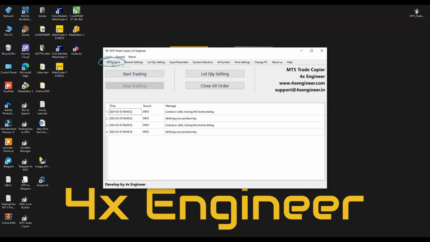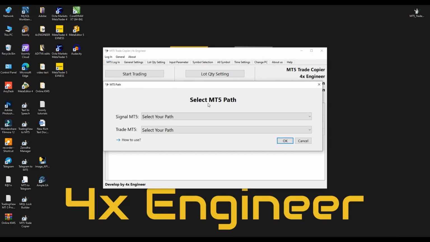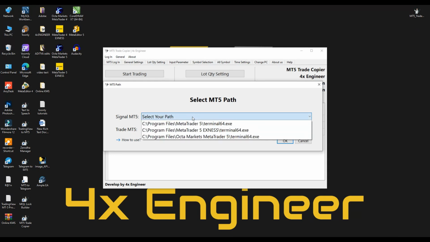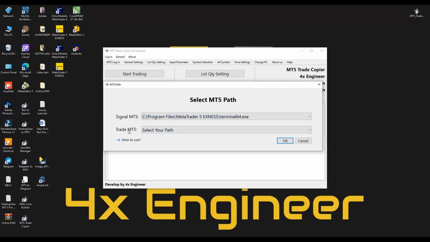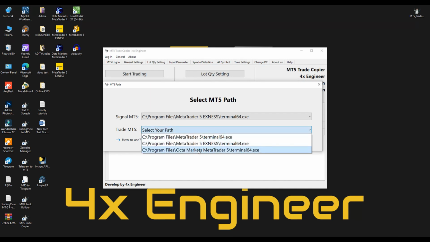Here we are seeing the option for MetaTrader 5 Login. As you can see, in this dialog window, we are presented with two options. The first one is the Signal MetaTrader 5 option, and the second one is the Trade MetaTrader 5 option. Next to Signal MetaTrader 5, we have a drop-down menu showing information about installed MetaTrader 5 in our system. Similarly, we have a drop-down menu next to Trade MetaTrader 5 showing a list of MetaTrader 5 software, just like